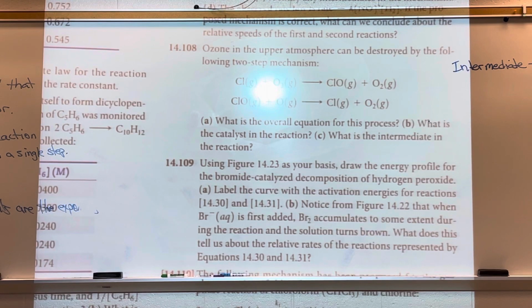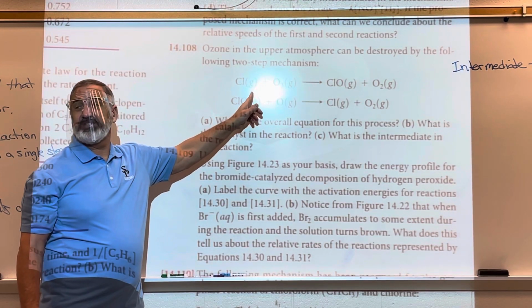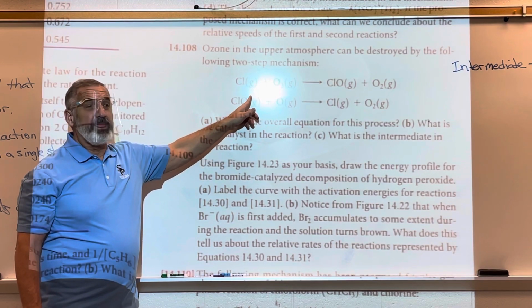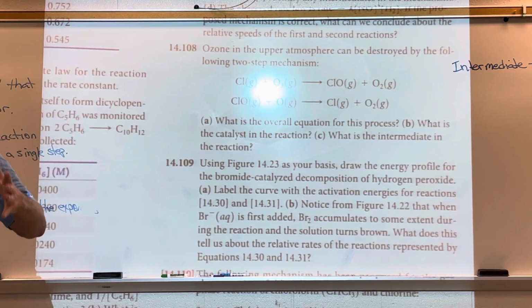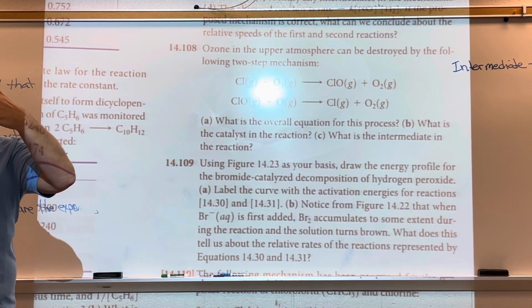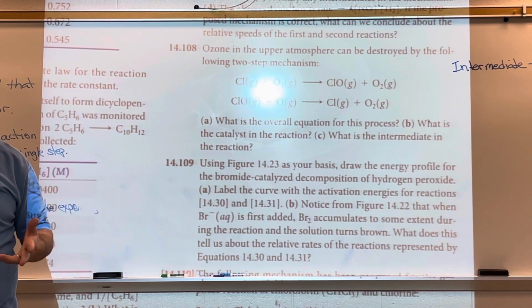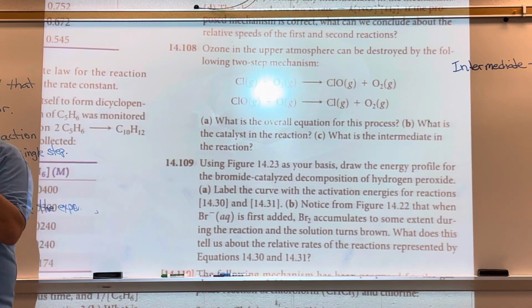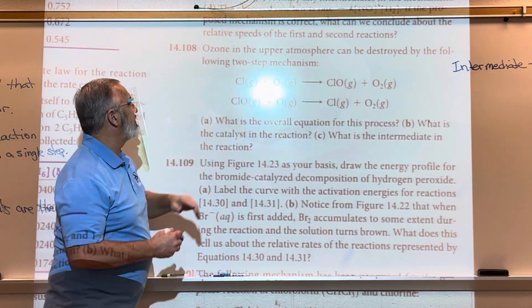Now, I did share yesterday, talk about this. Back in the late 70s, early 80s, okay, there was supposedly this hole in the ozone forming over Antarctica. And the ozone in the upper atmosphere is what blocks the UV radiation coming in. It kind of protects the Earth from a lot of the sun's harmful rays. Okay, so the ozone layer is very important. So it turns out that this chlorine, and it came from